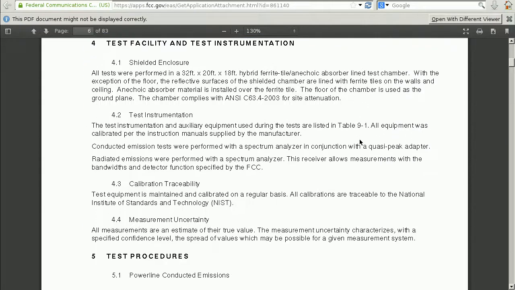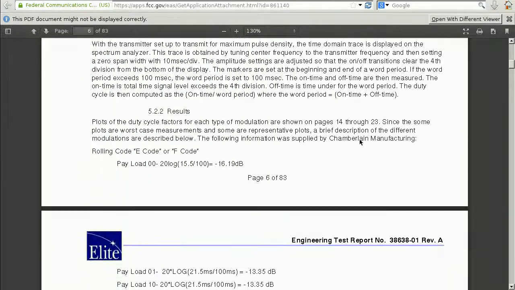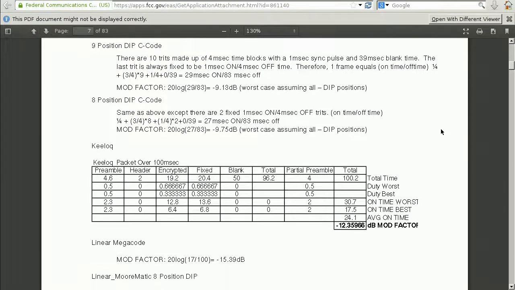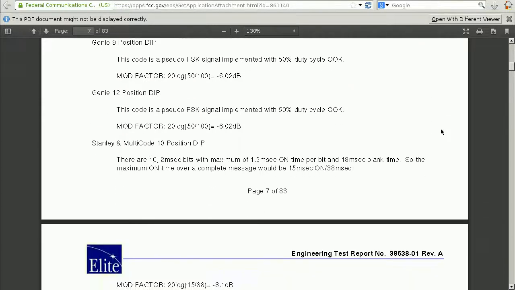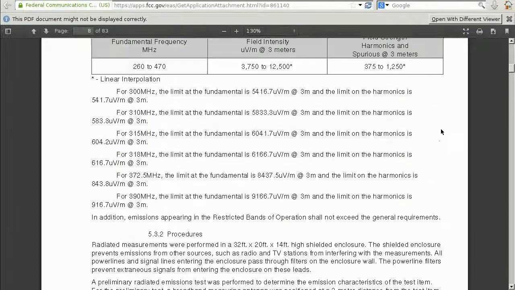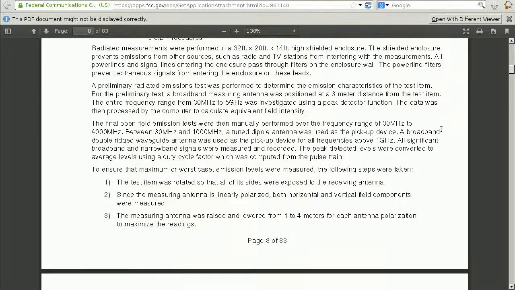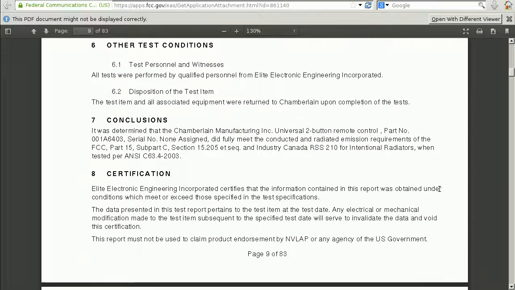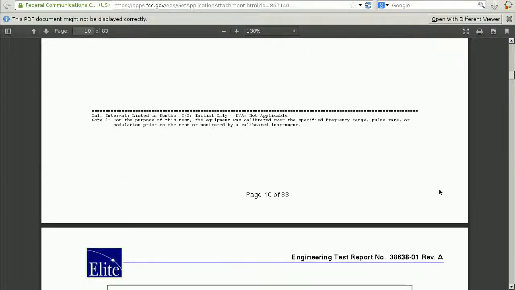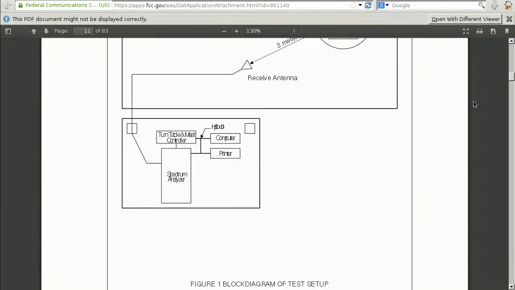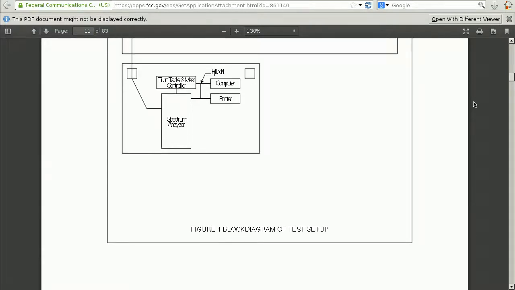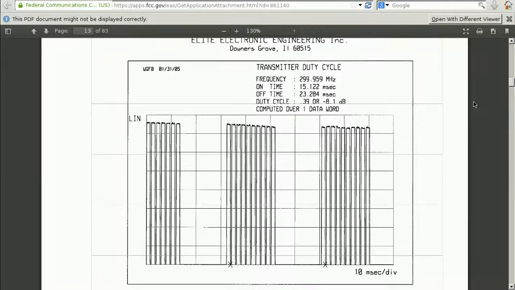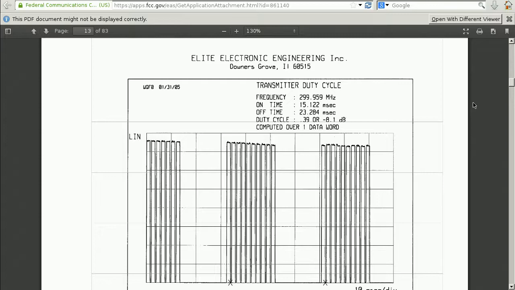If we scroll down a little bit further, we'll see some information about the results of the test. And for the most part, this information isn't going to be too interesting to most of you yet. However, as you learn more about radio communications, you may find that you understand more of what this means, and that it could be useful information. You can see a little diagram of how they set up the test, and photos from the test. And then we get to these actual test results that are the